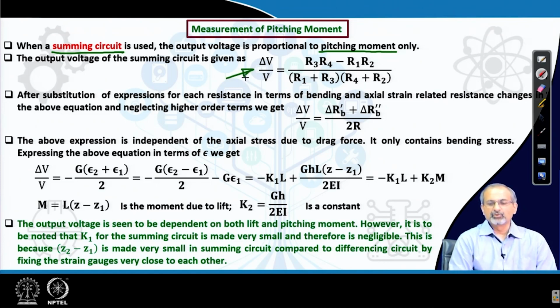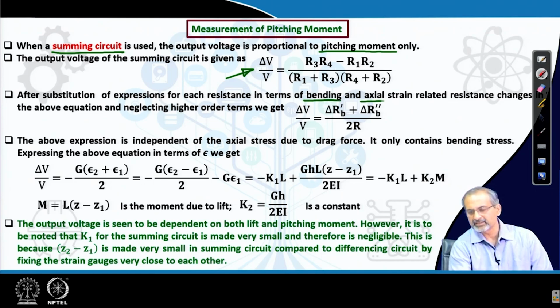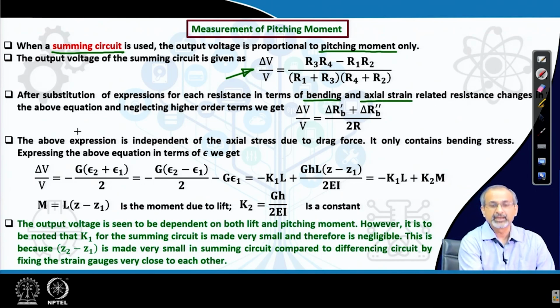We recall this formula that we already talked about for the summing circuit, and now after substitution of the expressions for each resistance in terms of bending and axial strain related resistance changes in the above equation and neglecting higher order terms, this is the first step which will bring us to